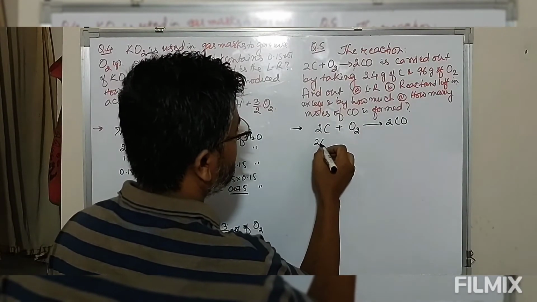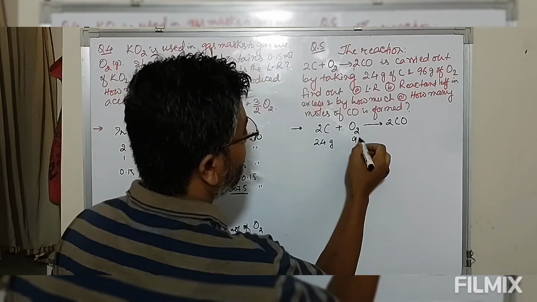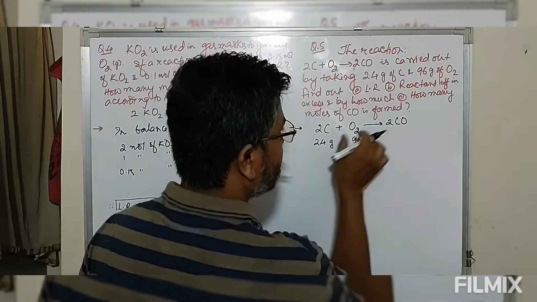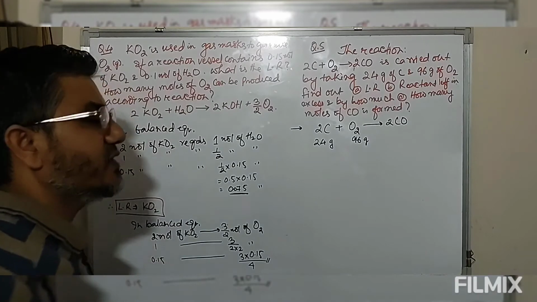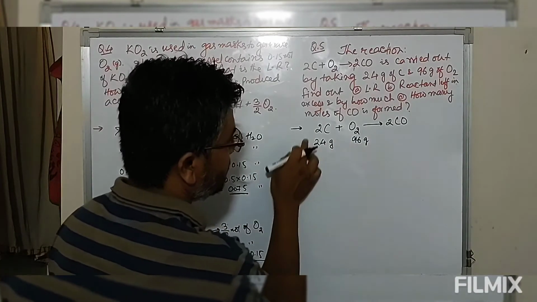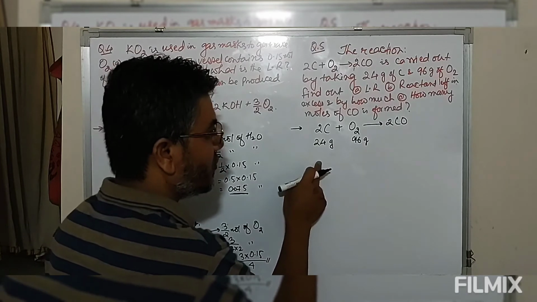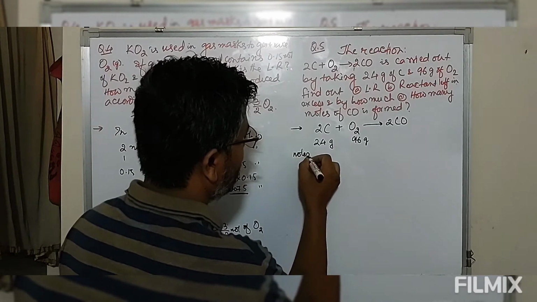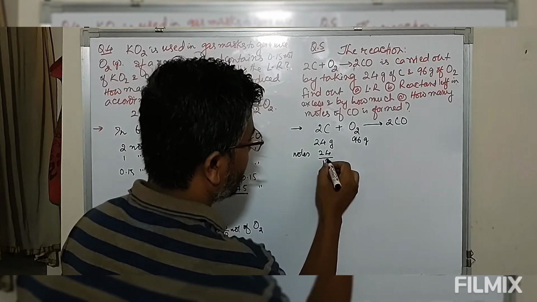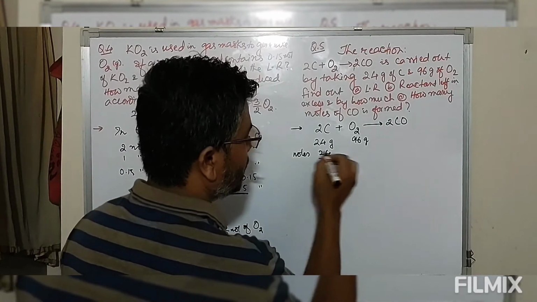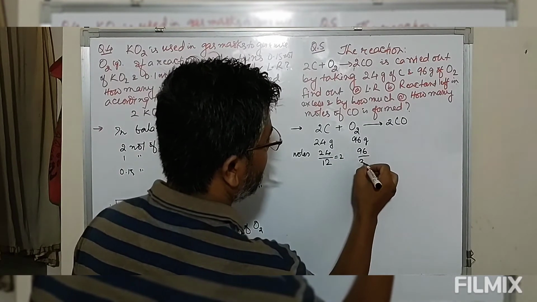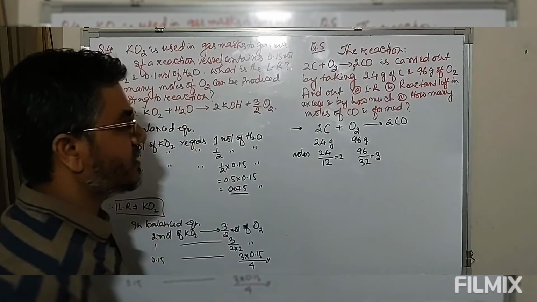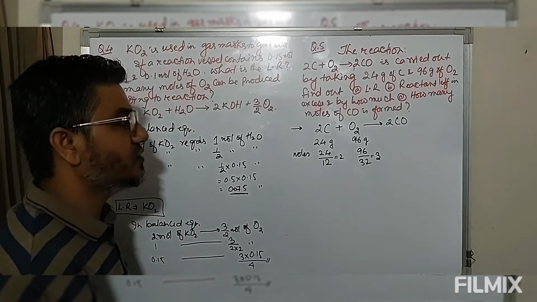Initial is given as 24 gram of carbon and 96 gram of oxygen. Then what is the limiting reagent, what is the mass of carbon monoxide formed, and which one is present in the excess quantity. Now we can convert this mass into number of moles. So mass is 24, so the number of moles is 24 divided by the gram atomic mass, that is 12. So this comes out to be 2. 96 divided by 32, the gram molecular mass of oxygen is 32, so this comes out to be 3. So we are starting with 2 moles of carbon and 3 moles of oxygen.